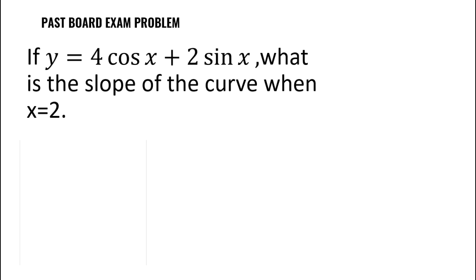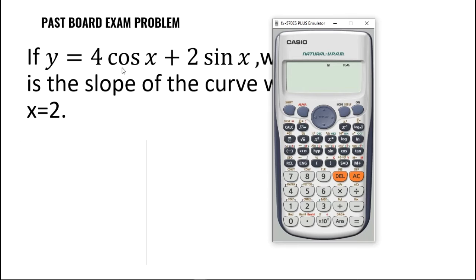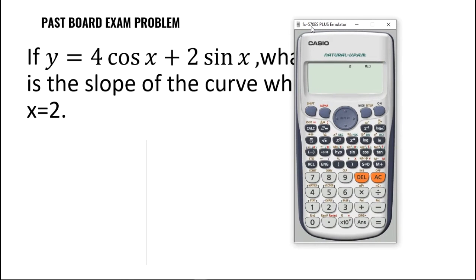So, let's try another sample problem. Find the slope of the curve when x is equal to 2. So, our function, guys, is 4 cosine x plus 2 sin x. This is very easy, just use the calculator. We determine the derivative or slope of the curve. Derivative is a slope. So, when we determine the slope, make sure that if it is trigonometric, our calculator